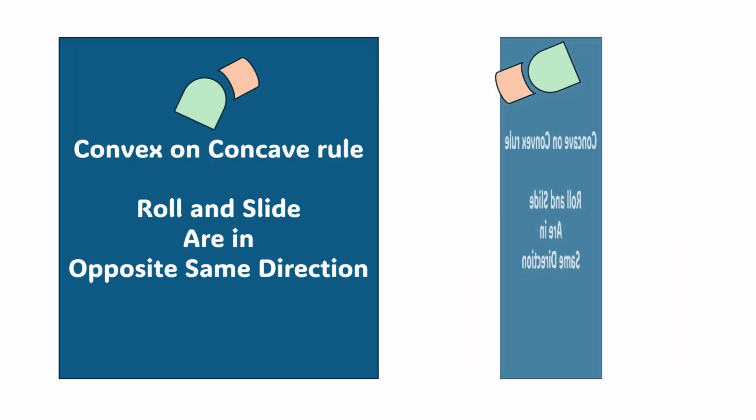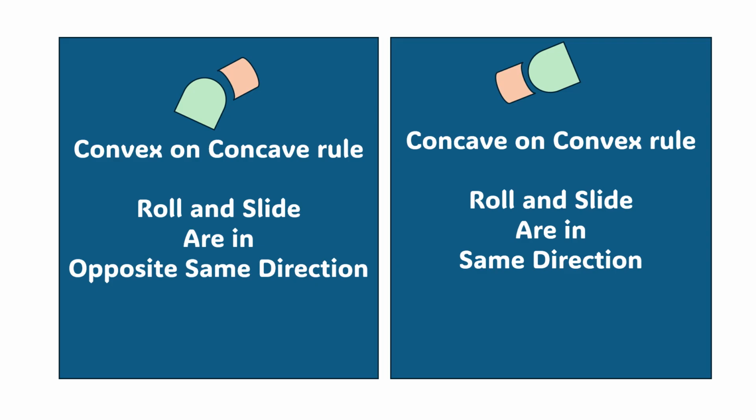Now let's discuss some rules of the trade when it comes to arthrokinematics. We're going to discuss our convex on concave rule and our concave on convex rule. So the first rule is your convex on concave. In other words, when you have a structure that has a convex end, such as a humeral head, moving on a structure that has a concavity, such as a glenoid fossa, we need to apply the rule of convex on concave,